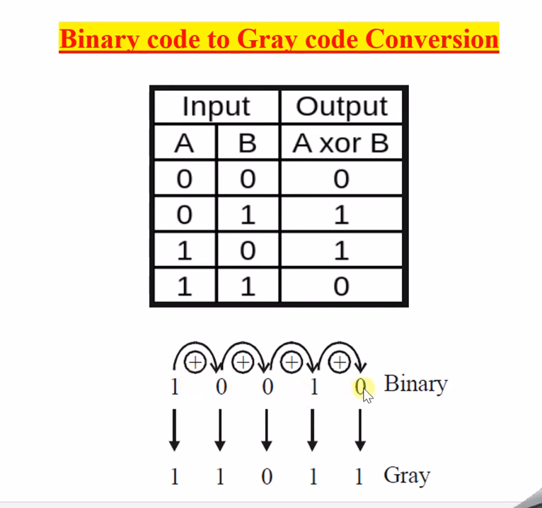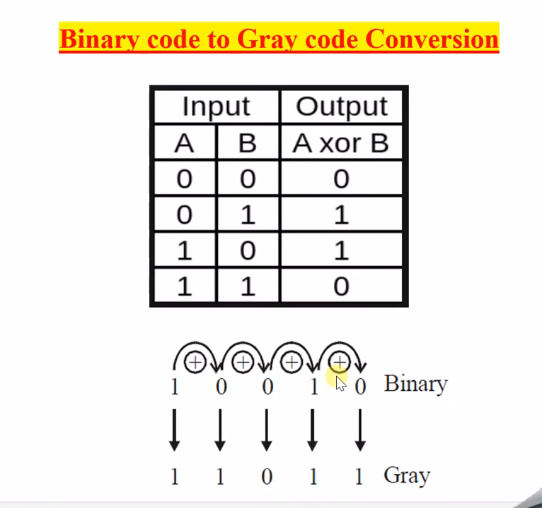This is the binary number which is given to you, 1 0 0 1 0. This is the binary code given as an input. Now you are asked to find the equivalent gray code number for this binary code. So how to calculate it? If a binary number is given, write it in this fashion: 1 0 0 1 0. Then write the XOR gate symbol, plus plus plus, and then write this arrow mark. It will be easy for you to quickly convert binary to gray.